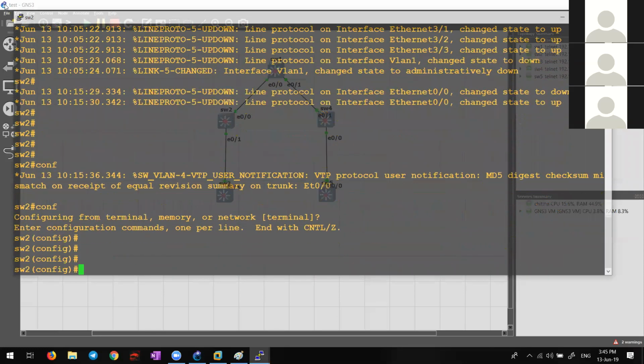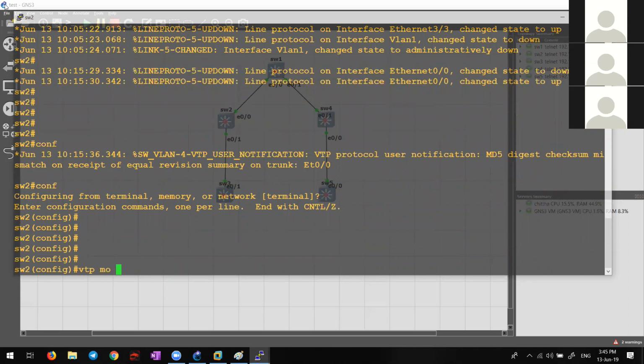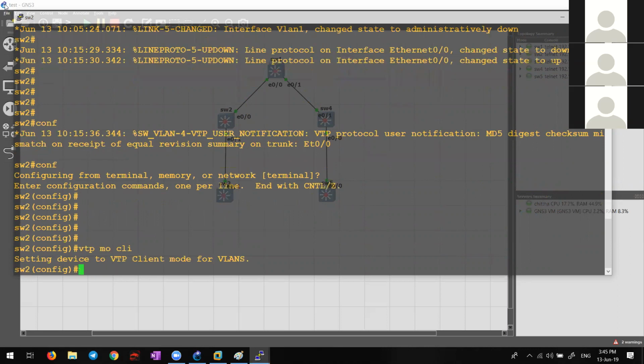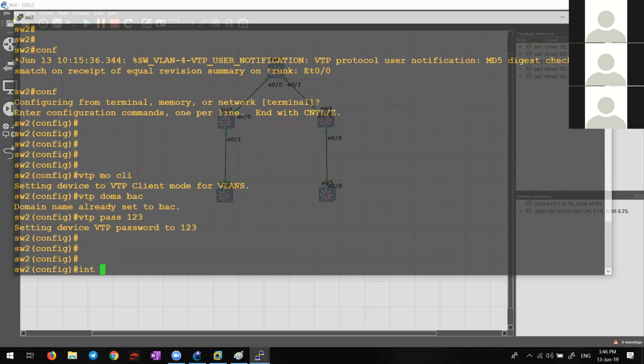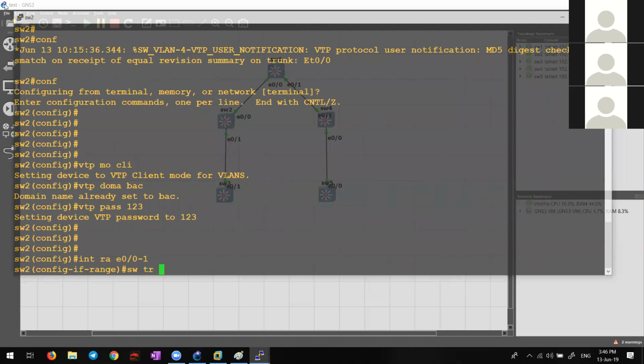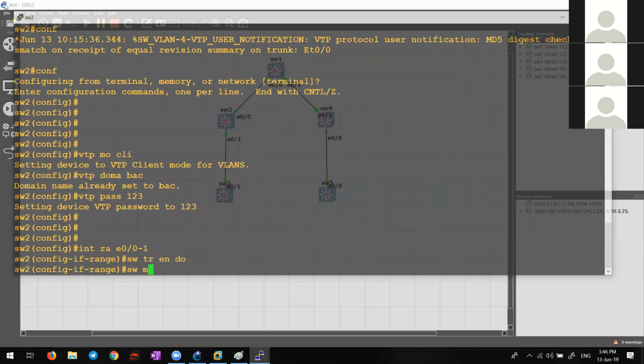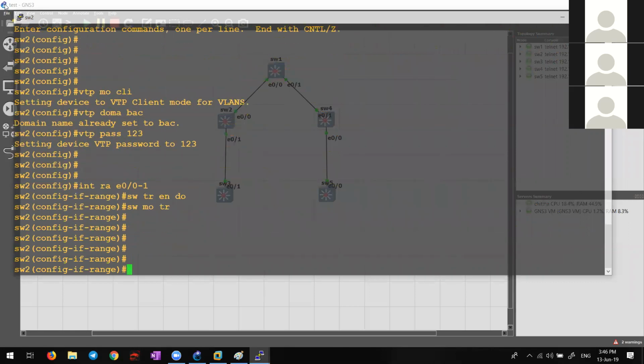Config mode, VTP mode, what? Client. VTP domain BAC, right? And then VTP password 123, interface range E0/0-1, switchport trunk encapsulation dot1Q, switchport mode trunk, done.